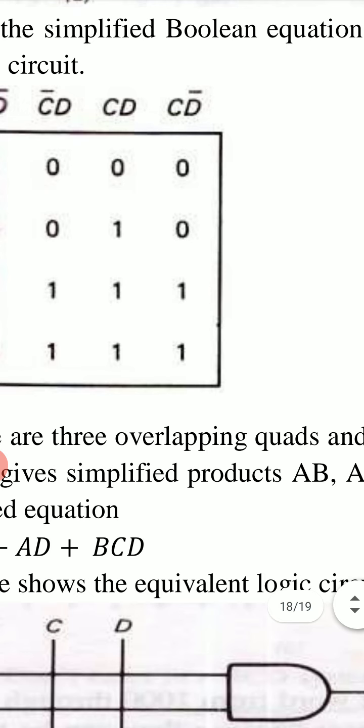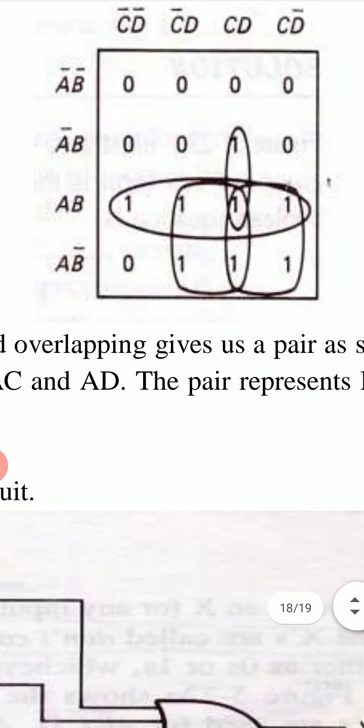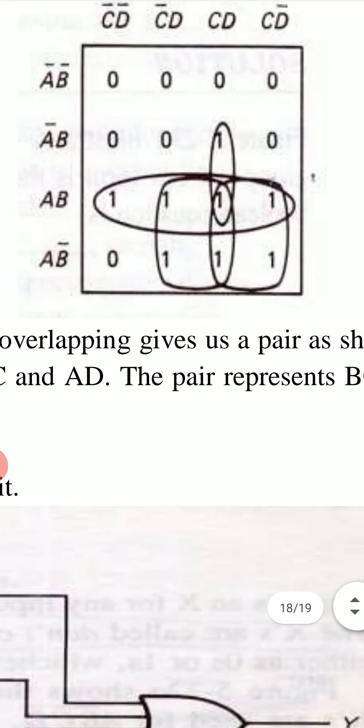There are three quads formed in this way by overlapping also, and then one remains which can make a pair by overlapping the lower one. In this way we get three quads and one pair,